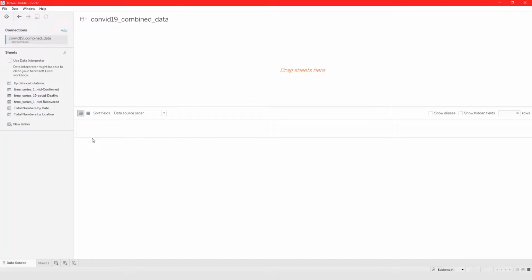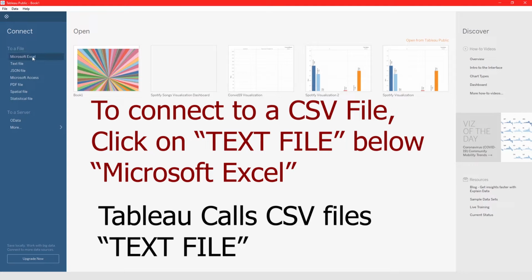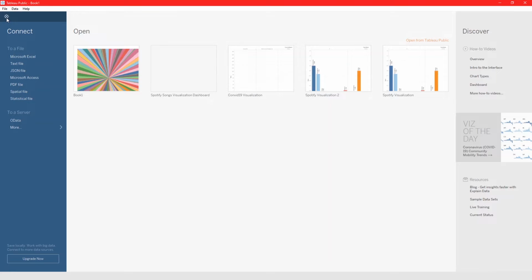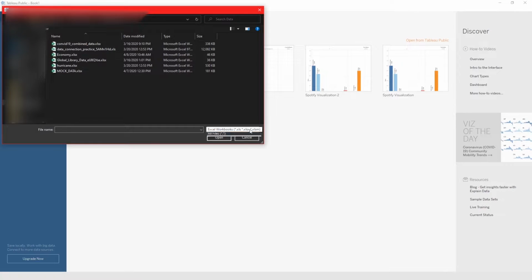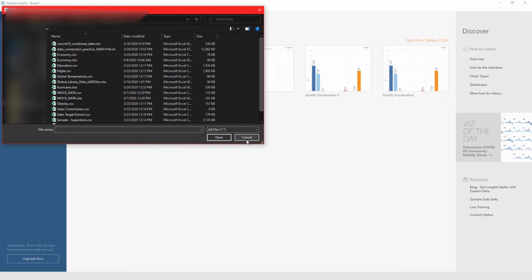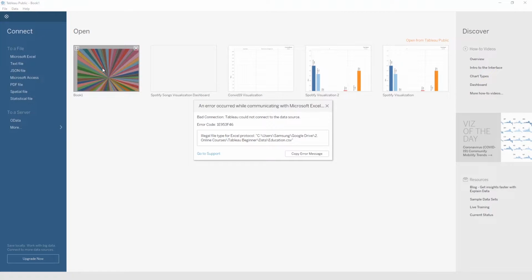Now if you had this file as a CSV, so if you go back here, as you can see, there's no option for you to connect to CSV, but you can still connect to a CSV file. Let's go back here. If you want to connect to a CSV file with Tableau Public, let's try clicking on Microsoft Excel again. From here, you click down and click All Files, and let's just choose a CSV file. As you can see, the CSV file refused to open, but you can still open a CSV file